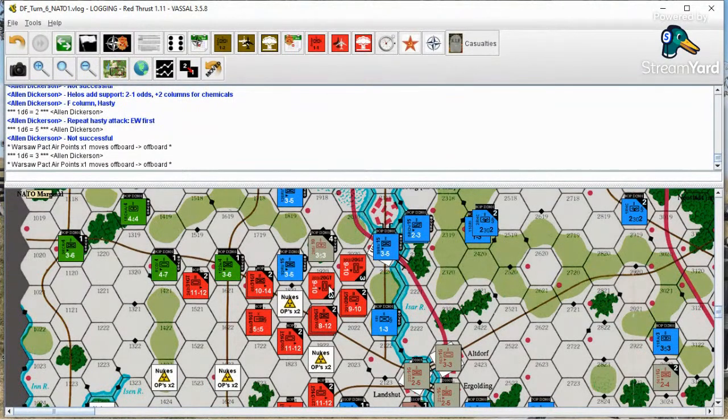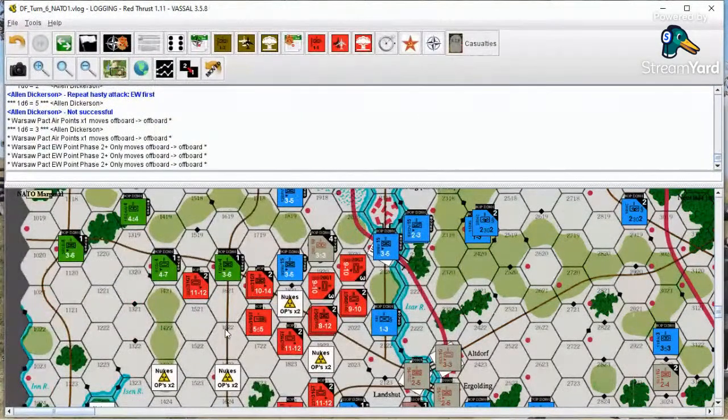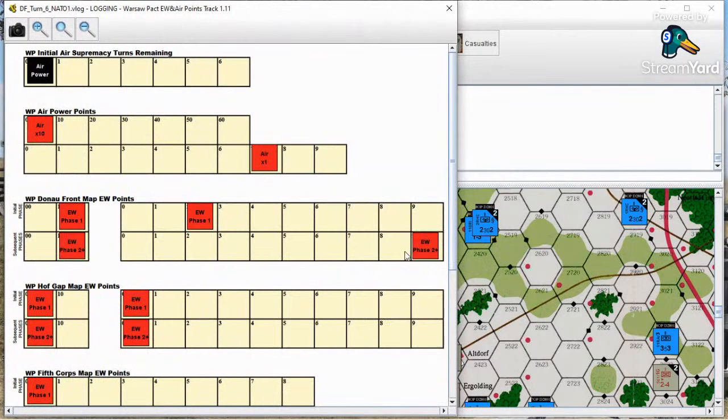Okay. And of course, we're going to use EW. Oh, right. We've got plenty of EW to use, and we haven't used much of it. Let's see. Now we've had 2, 3 EW attacks. And okay. So first off, let's see if EW, or wait, no, we don't need EW because they can't get support. So let's